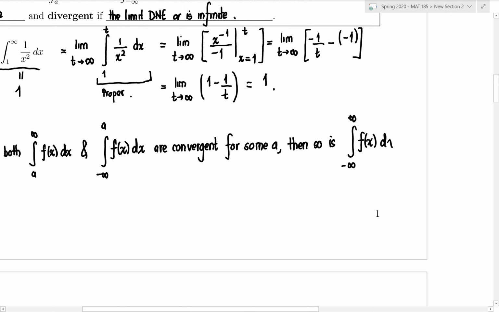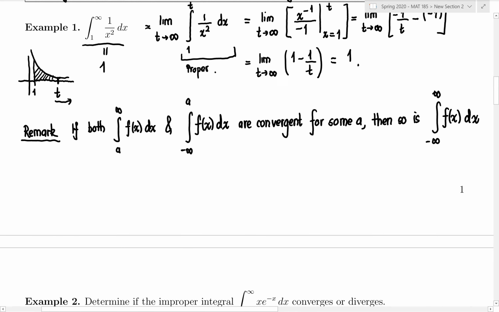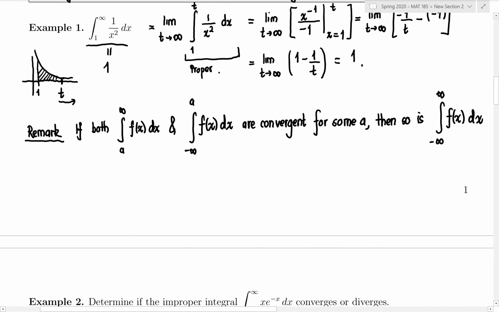In other words, if we want to show the integral from negative infinity to infinity of f of x dx is convergent, we need to split it up into two integrals, from negative infinity to some number a, and then from that same number a to infinity. And if both of them are convergent, then so is that integral. And furthermore, in this case here,